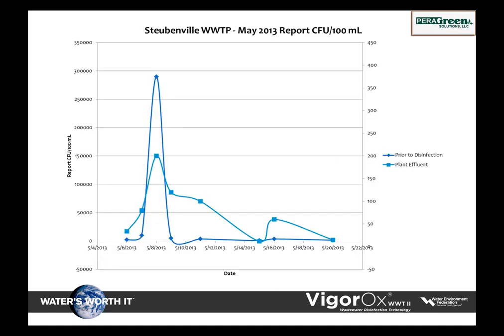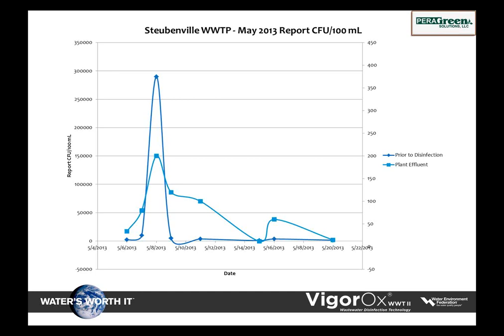Next slide. Now, they were working on the clarifiers in the summer of 2013. In May, they were shutting one down. They were repairing one, running two. They put new scrapers in, new internals, and they had problems maintaining their sludge bed. All of a sudden, out of the blue on the 8th, we got 290,000 counts. On the left scale, you can see 290,000. Well, guess what? Never changed dosage, 0.75 parts per million. The flow pacing maintained that rate.